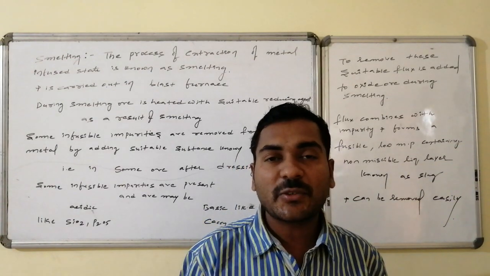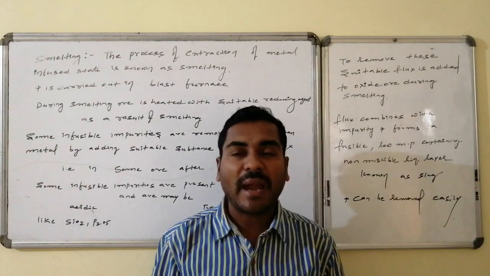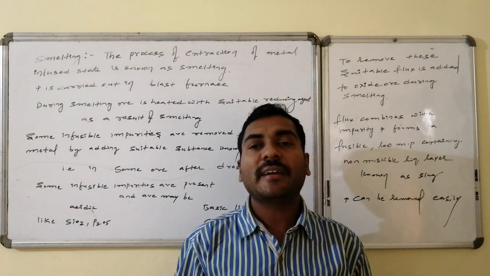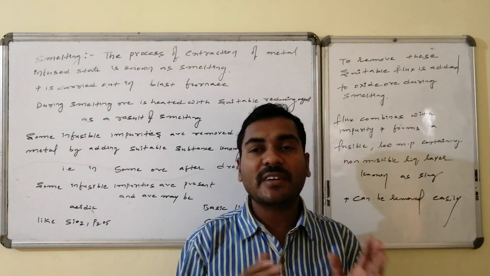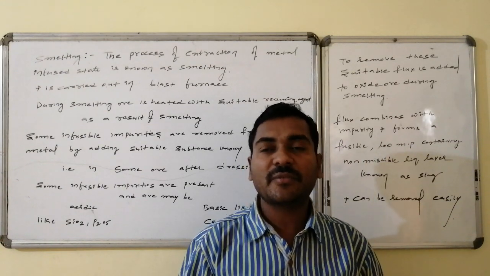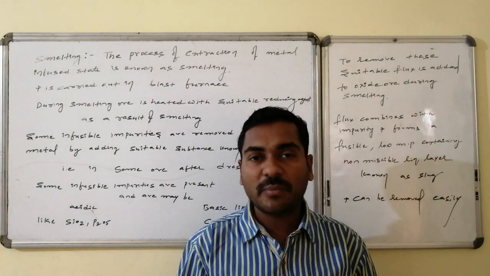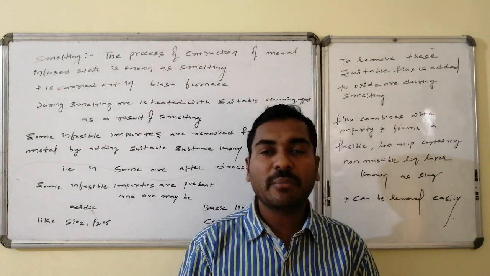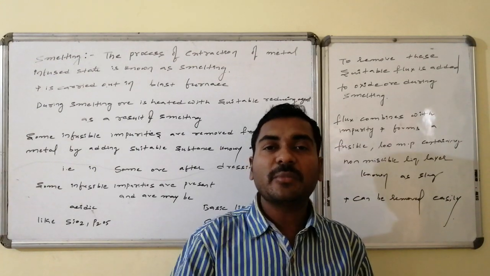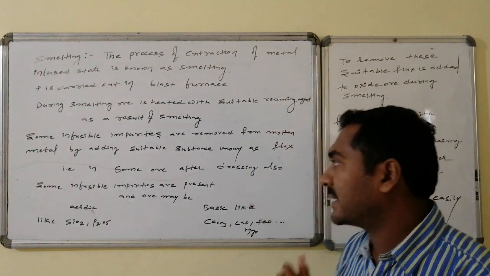This material is said to be the flux. This flux reacts with the gangue material, otherwise the matrix material, which is infusible and present in the ore, reduces its melting point and converts it to an easy liquid state. Thus the impurity is converted to the fused state with lower density. It comes to the top over the liquid surface of the metal, present as a small, minor, immiscible layer, and it can be removed easily. Here once again we are explaining the things.